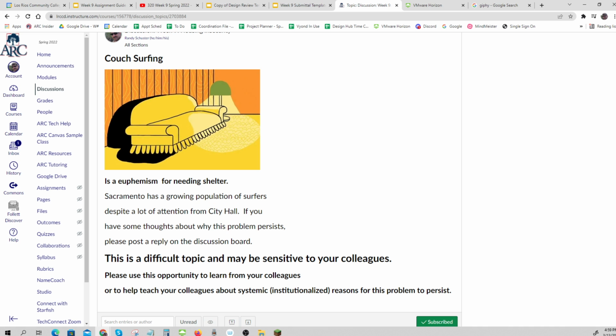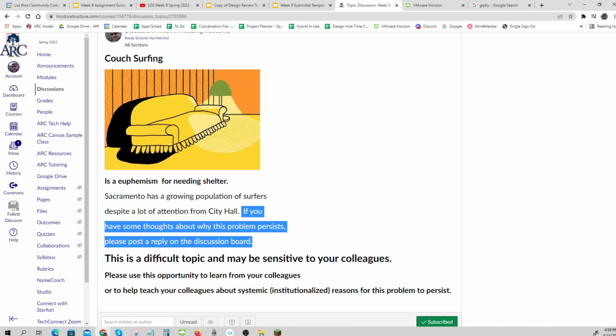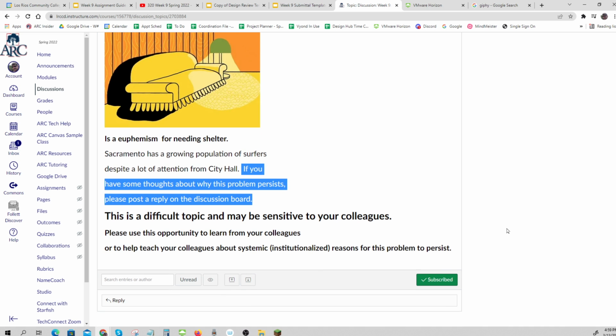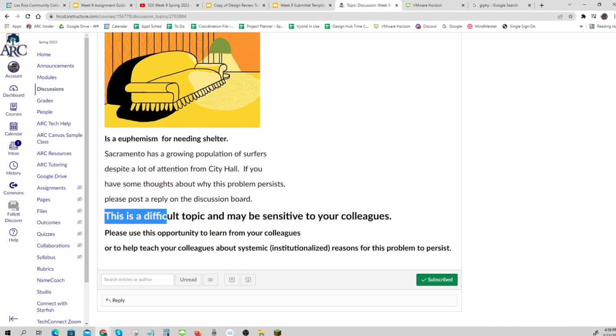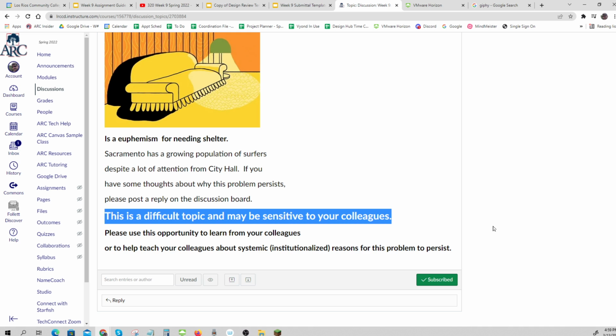And there's been a lot of work on this and a lot of money spent. And the problem is only getting worse. And so it's worth thinking about, even though it might not have anything to do with your specific knick-knack or thing that you're going to design. It's good to think about these things and give us your thoughts. So there is no right or wrong here. Just know that this is a sensitive topic and that you should be thoughtful